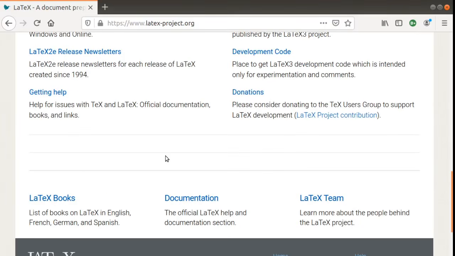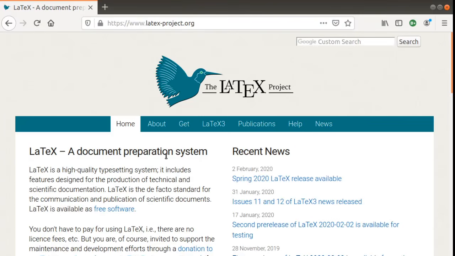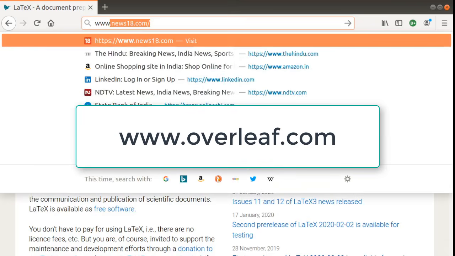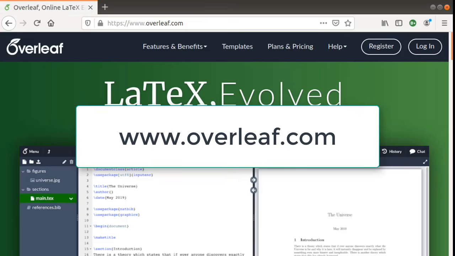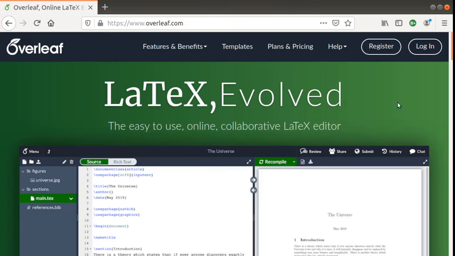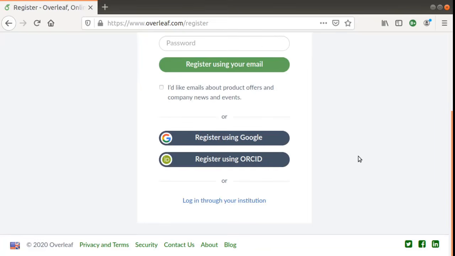The tools are available for all platforms, and what is interesting today is that we have a web-based LaTeX document preparation system available at the website overleaf.com. So you can see the website is allowing you to register for an account using a Google account, and then you can actually get into the system readily.